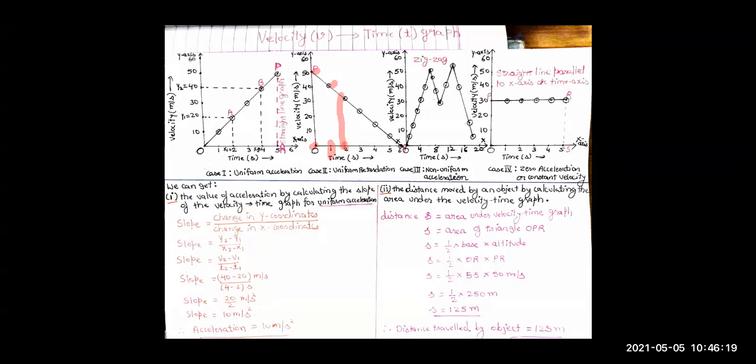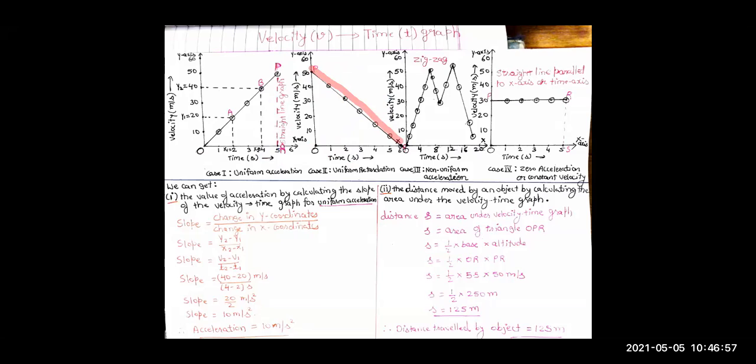Then at time t equals 3 seconds, again the velocity is changing. The velocity is decreasing by 10 meter per second. So after each second, the velocity is decreasing by 10 meter per second. So the decrease in the velocity is equal, that is 10 meter per second for every second. So this is your uniform retardation, or you can also call it negative acceleration. So you can see the nature of the graph is like this.